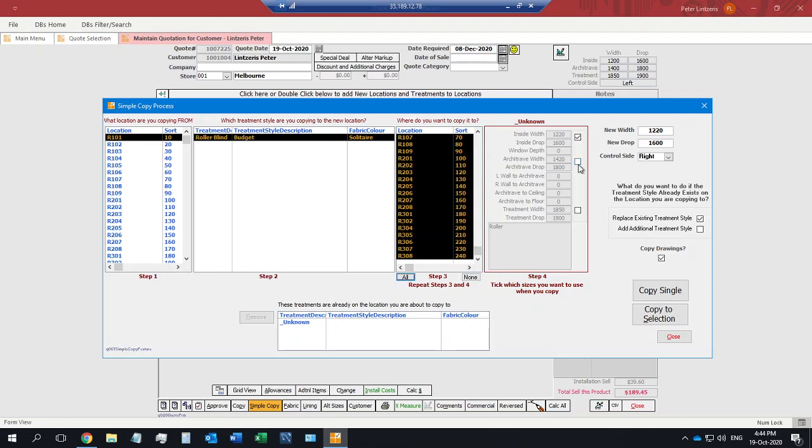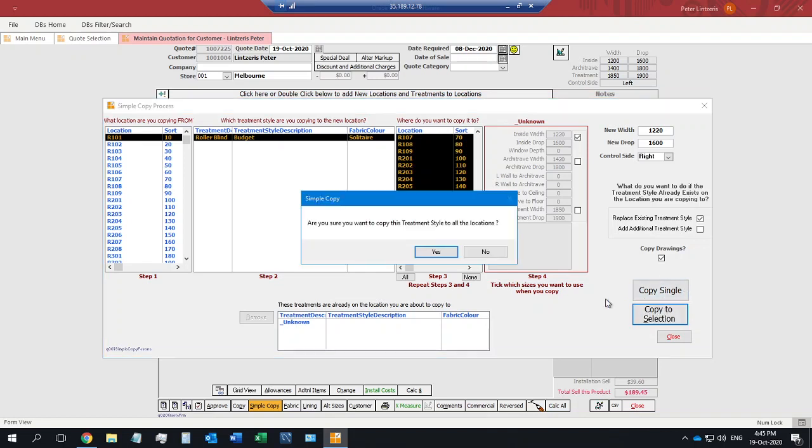I then tell the system what measurement I'm going to use when I copy to all of those other locations. So in this case I'm going to use the inside measurement, and now you'll see there's a change down here. It says copy to selection. The copy single is the button that you had there previously. So now I'm going to copy to selection,